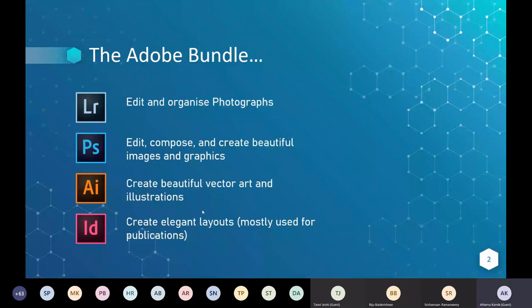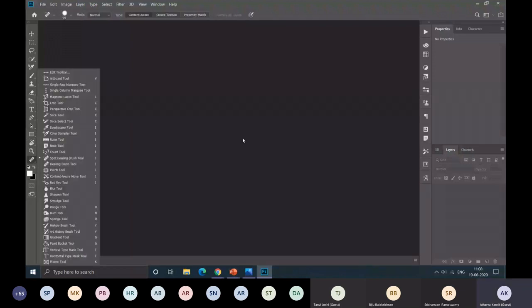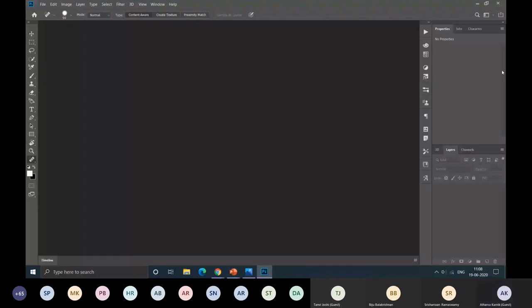So now we'll jump to our Photoshop window. This is the Photoshop window. At the upper left side here, you can see the menu bar. These are the File, Edit, Image, Layer, etc. menus. On the left hand side here, you can see the toolbox, and these are various tools. There are many tools like this. On the right side down here, you can see the layers panel, and above that there is the properties panel. You will see the uses of these panels as we go along with the webinar.